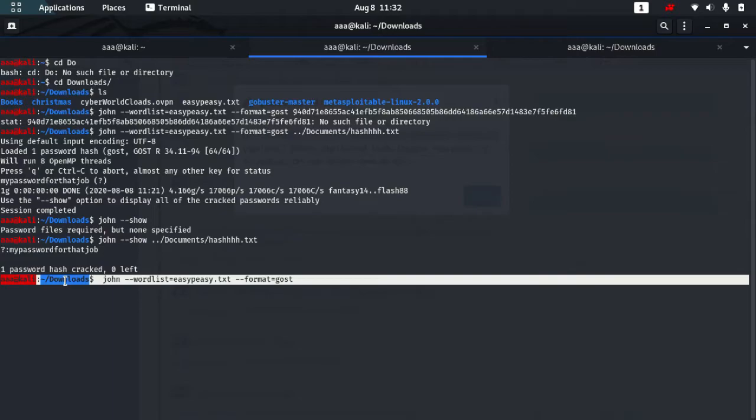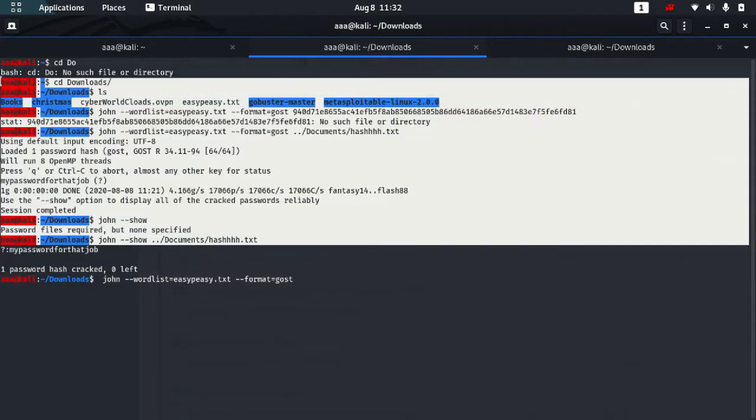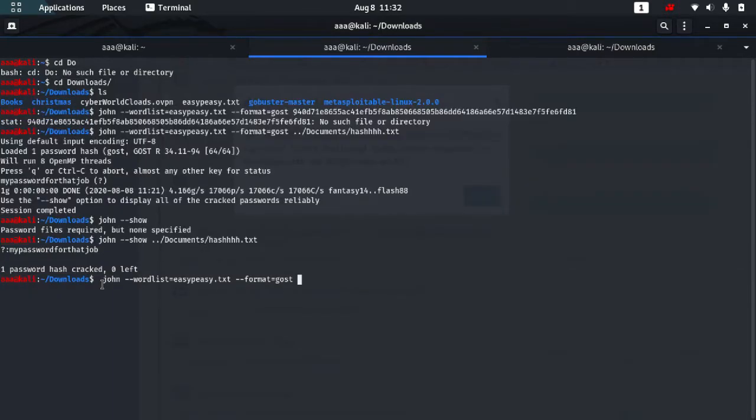As for the hash, it is the location of the hash. Since we are in the downloads directory, you can check that I already did this, but to access documents it is ../ and then I can type Documents. Or I can just go from home to documents, home AA, that is my username, and then I can go to Documents, and then this hash which we just pasted.